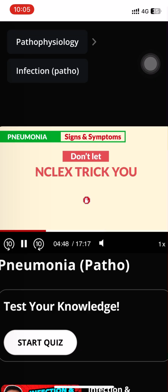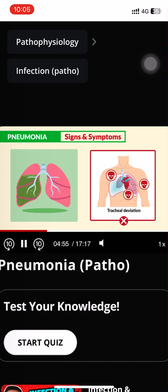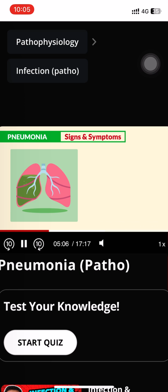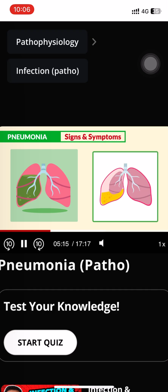Now, don't let the NCLEX trick you here on select all that apply questions. Pneumonia does not include tracheal deviation. That's typically from tension pneumothorax. And it doesn't include hyperresonance, which is typical for a regular pneumothorax, that air inside the pleural space. And it's not dull resonance, which is typical for a hemothorax, that blood inside the pleural space. But it can also happen in fluid-filled spaces too, like a pleural effusion, a complication of pneumonia, which we'll get